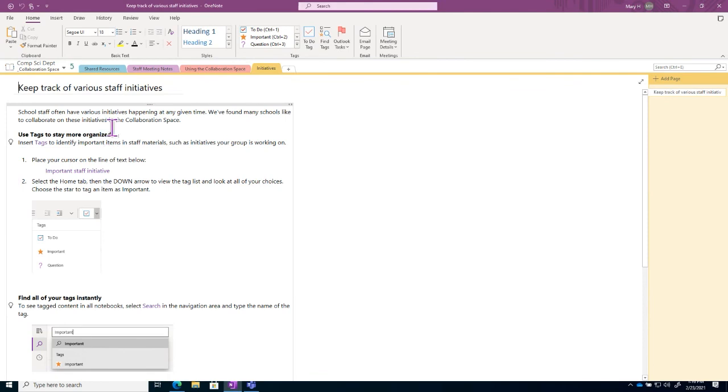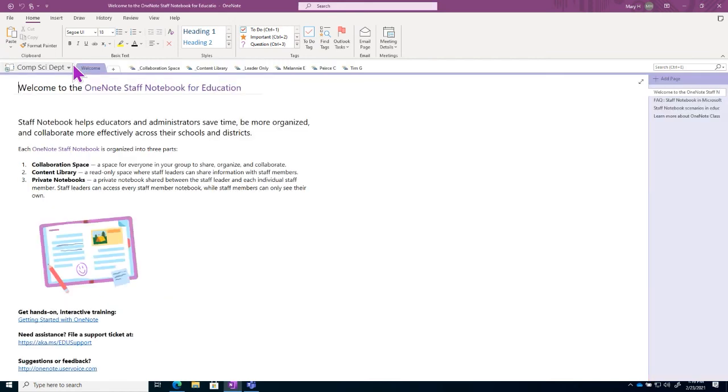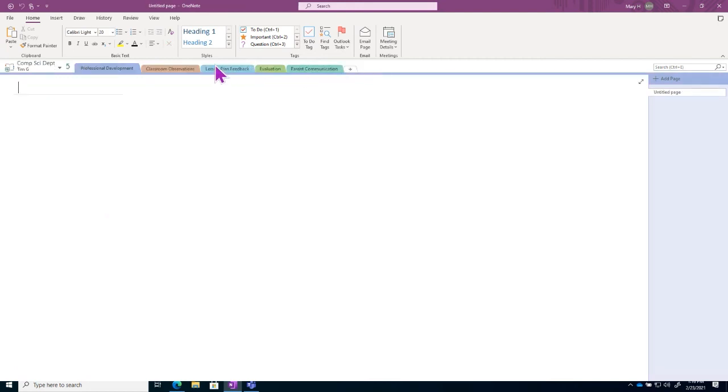And again, our tabs or our sections and other private notebooks for our staff will be at the top. And then we'll see our staff members' private notebooks up there as well. So if we do need to jump in and give some feedback on those lesson plans or jot down some observations if we did an audit of their class, we can certainly do that.